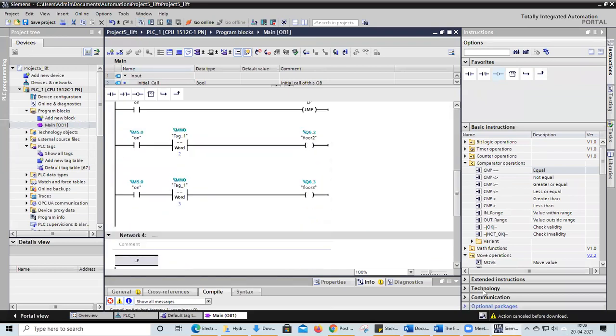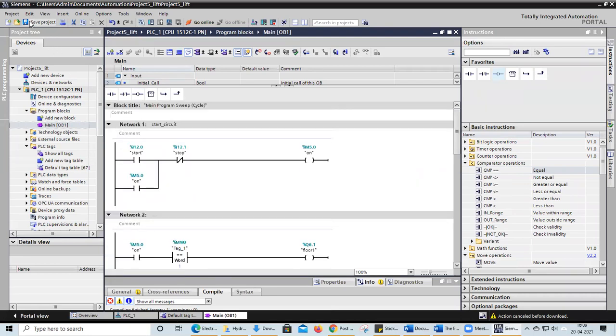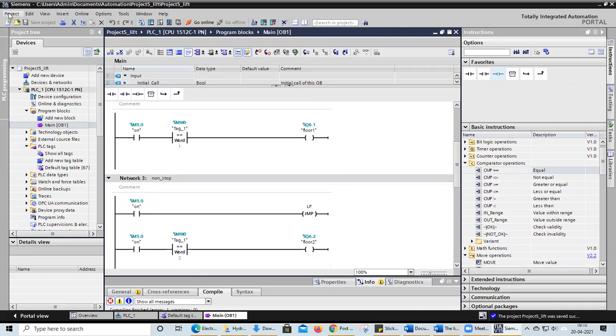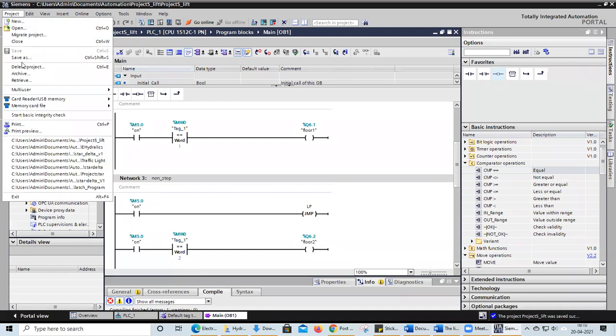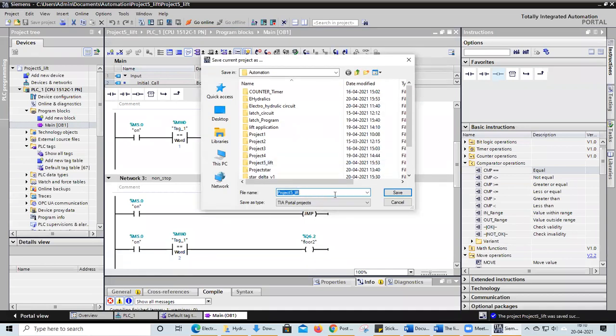Action is cancelled before downloading. Something has gone wrong in this one. I will save this project, close this window and open the same project once again. Here some error is occurring because we have used it multiple times. I'm saving this project first.